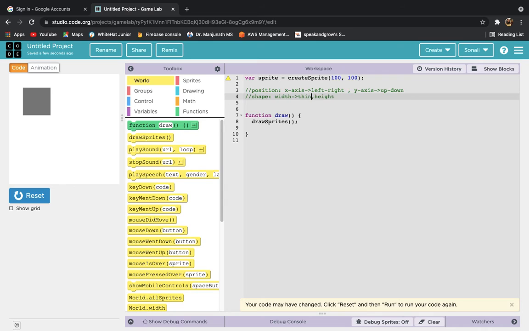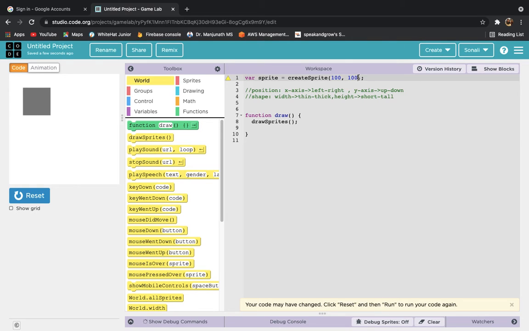With lower numbers they will be thin, and higher numbers they will be thick, and for height they will be short or tall. So here you can give the second two numbers. If you are not giving any number, it is a square, right? So it's 50 in width and 50 in height.